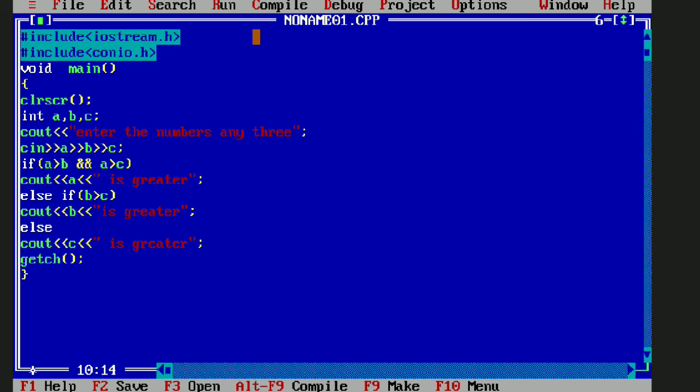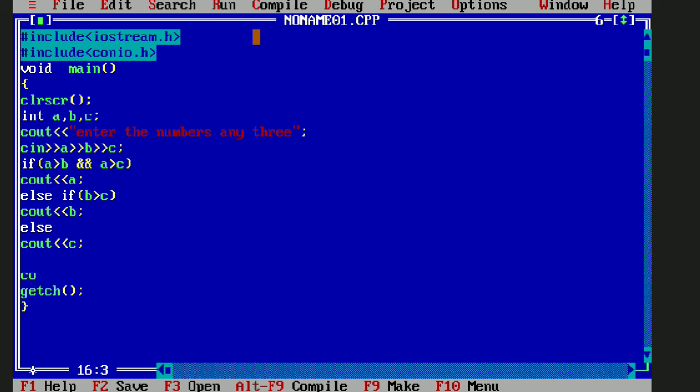If you are using "is greater" again and again, then it is somewhat complicated. So let me erase all the "is greater" from here, and I will write the "is greater" output after all of those, in the last.